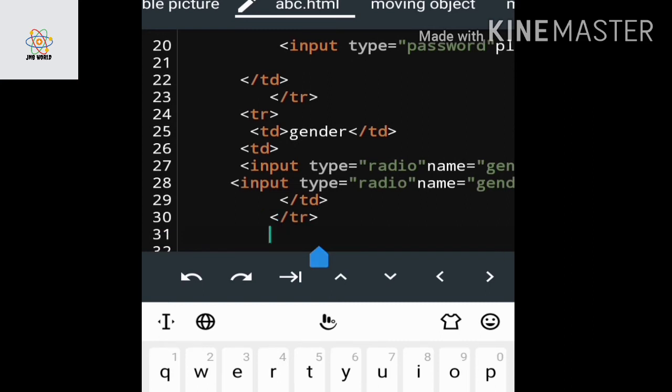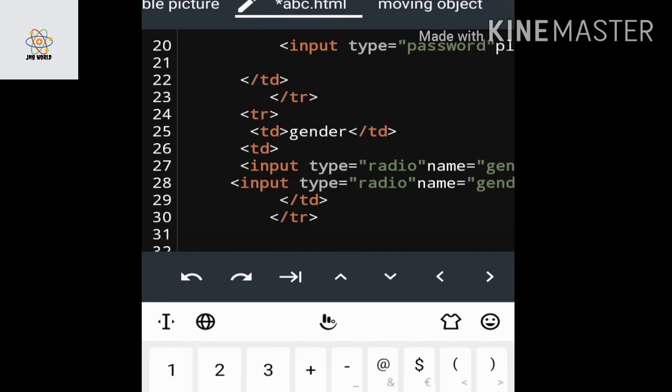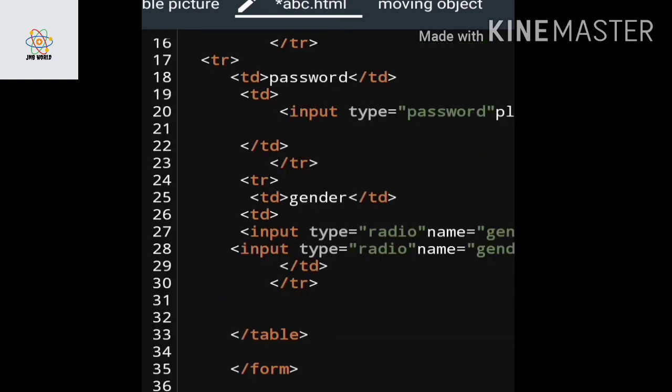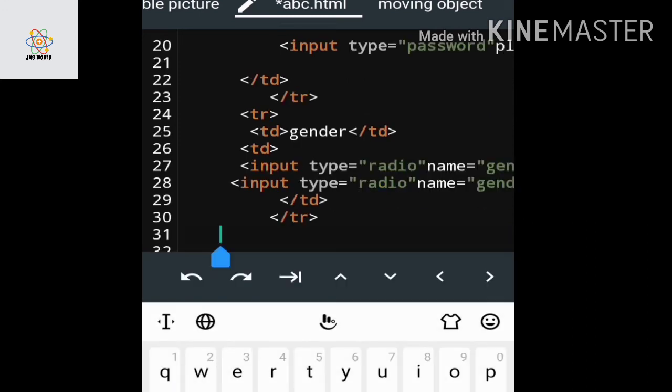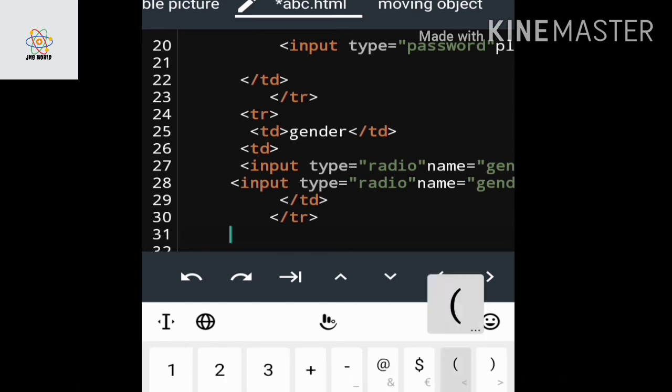Next I have to enter another row for the submit button. Here you can enter many more. You can enter the email also, you can enter the phone number, anything you can enter. You can enter lots of text fields also, but for the time being I am only giving you these three fields and one submit button. This is a simple demo. In my following classes I will give you more information about how to create a login form, and how to connect the registration form and the login form. So follow my channel.